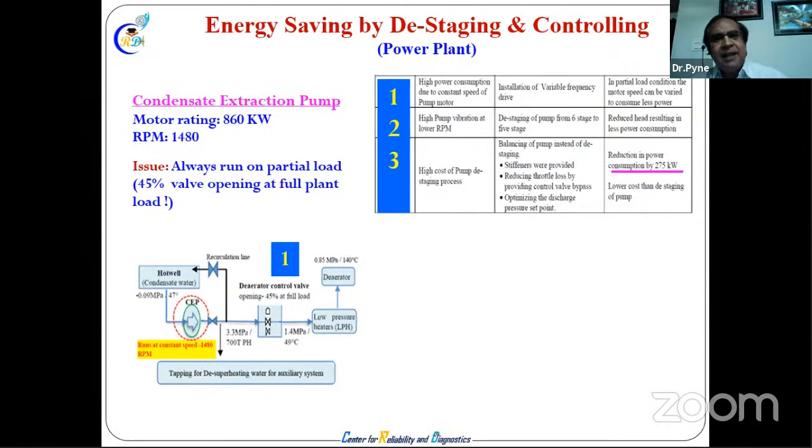So they initially put a VFD. So VFD is not the solution everywhere. There may be many other problems, electro discharge machining of the bearing, many other issues. So there are problems in the vibration of this pump. When they lower the speed, it is matching with the resonance frequency, means natural frequency of the structure. Okay, every structure, piping will have a natural frequency. The suction side, discharge side, whatever it may be. So they again changed to a different stage pump, from 6 stage to 5 stage pump.